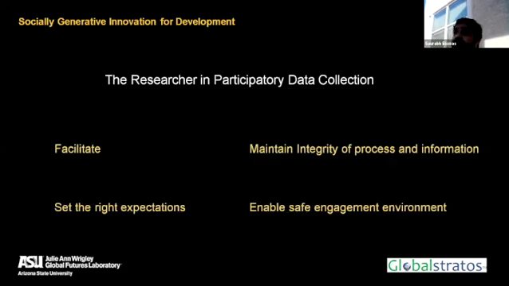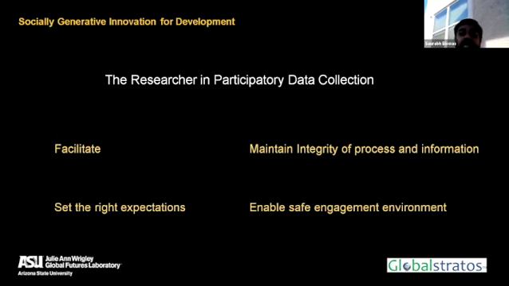So as a researcher, finally, before we wrap up, it's critical to reflect upon the role of the researcher in this sort of participatory data collection process. The role is to facilitate. It's being a facilitator for people to think and relate information to you. It is not an exercise to inform or teach or introduce bias into people's thinking.